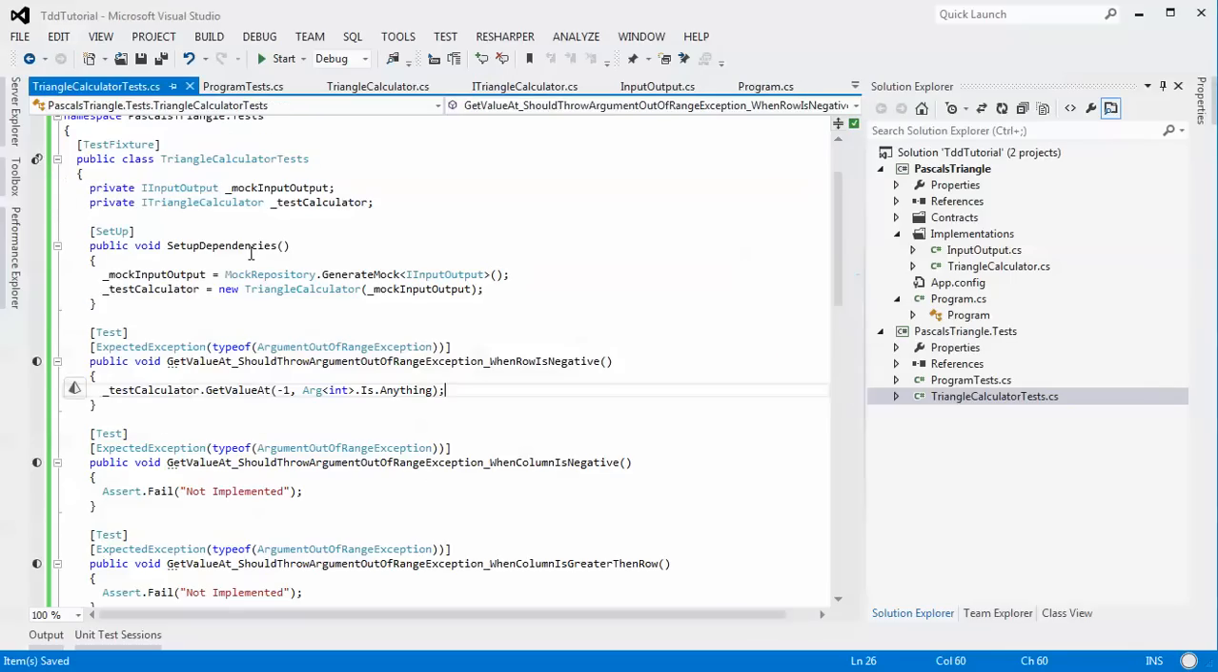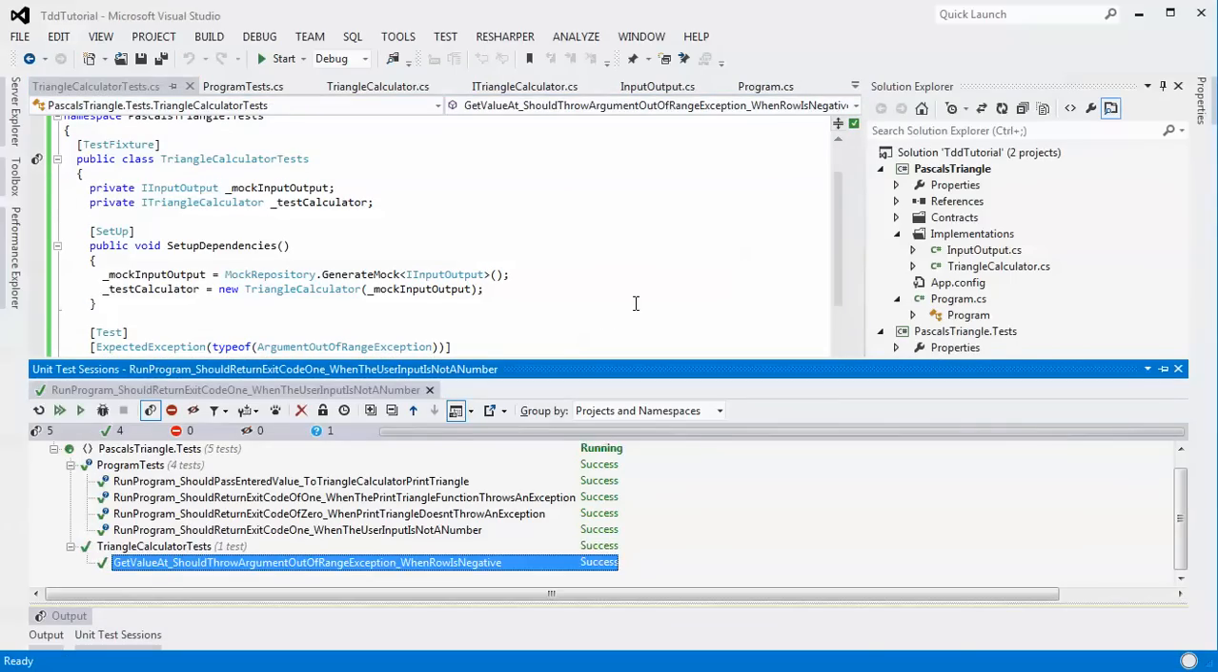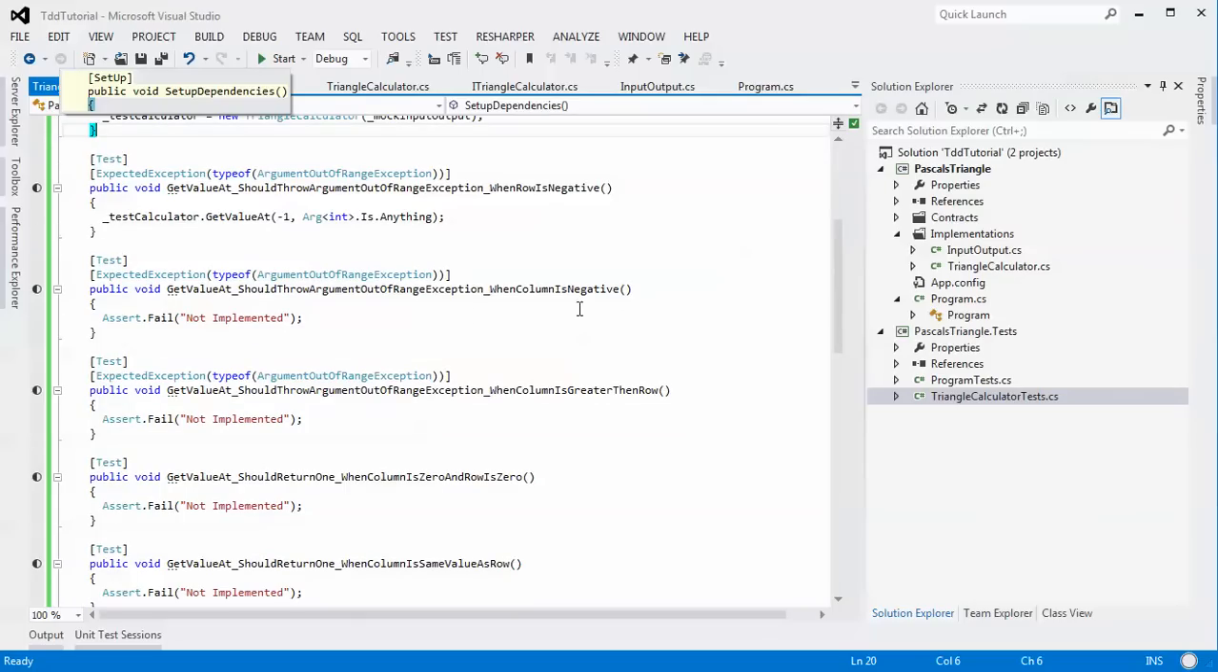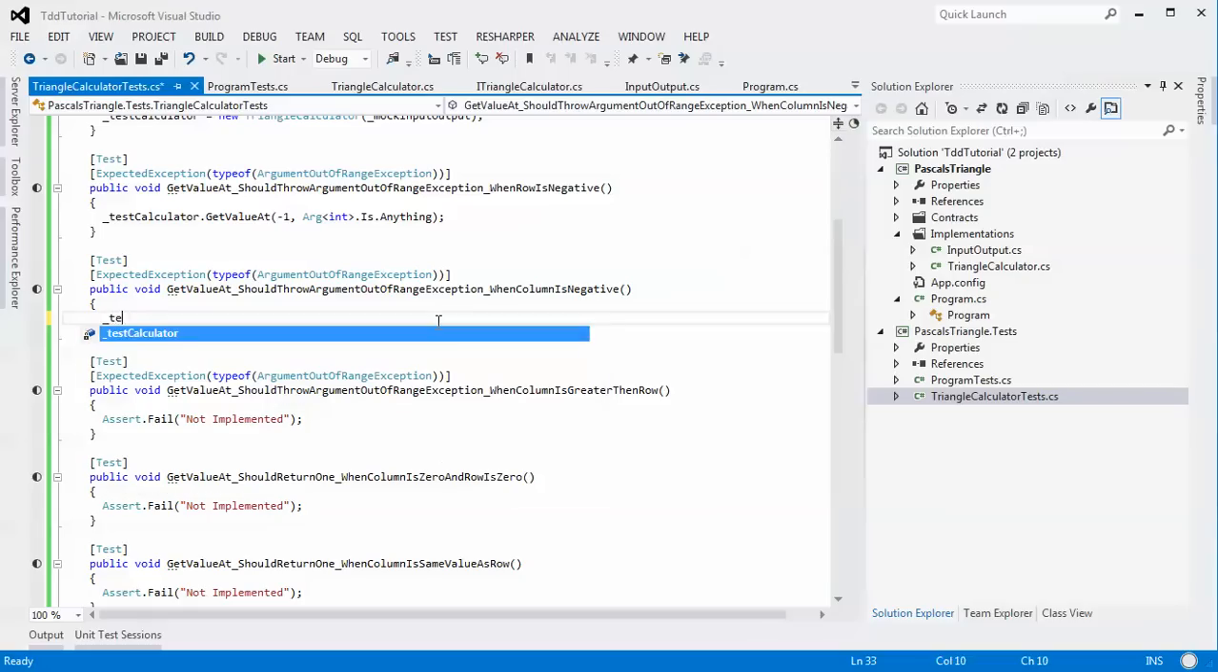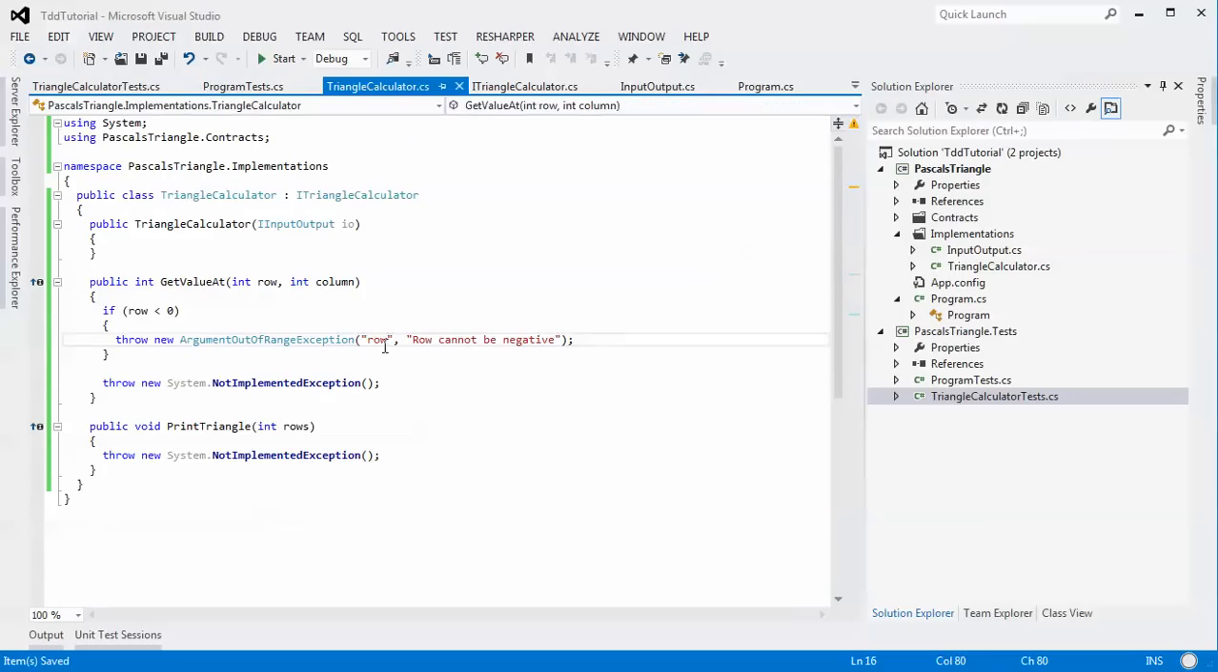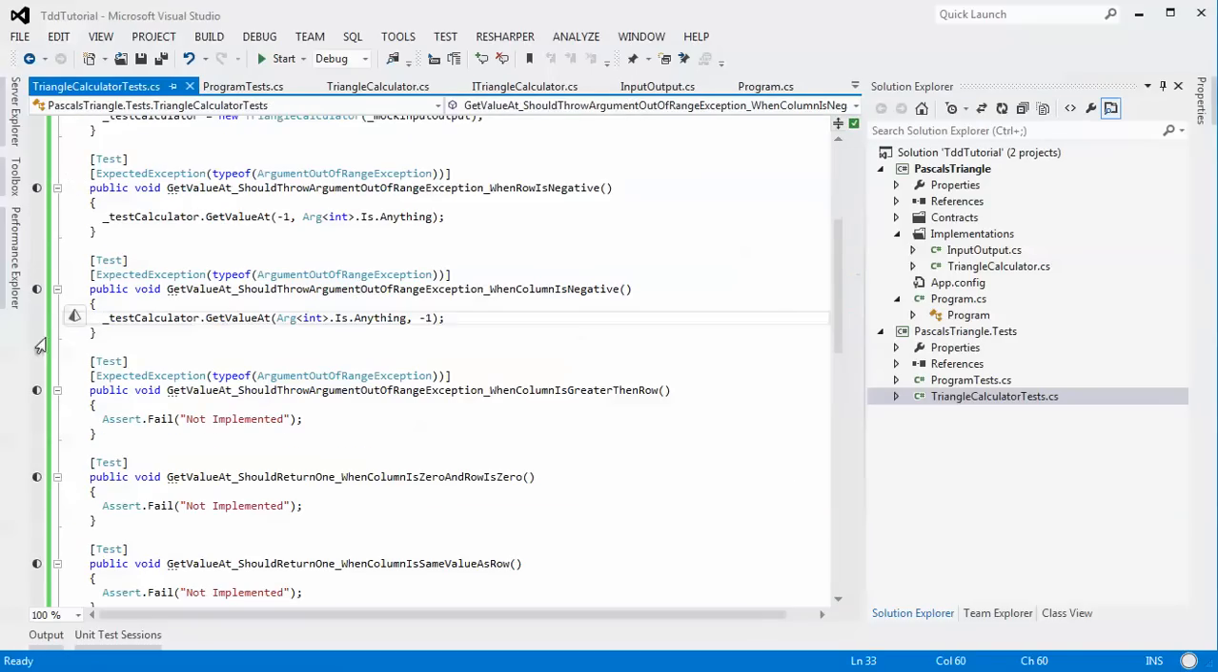So if we come back here and we rerun this test, we should see a successful execution. Next test is very similar. This one is saying that when the column is negative, so I'll say test calculator dot get value at arg int is dot anything, and we'll say -1 for the column. Now if we go back here and we rerun this,